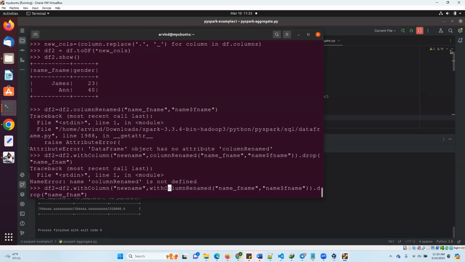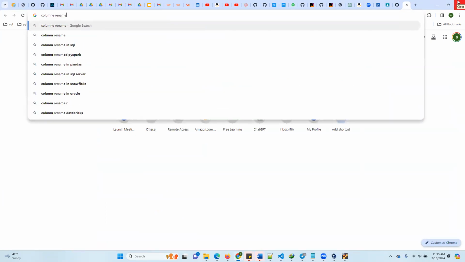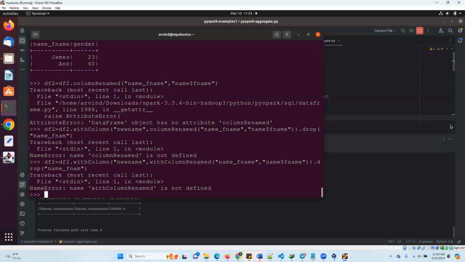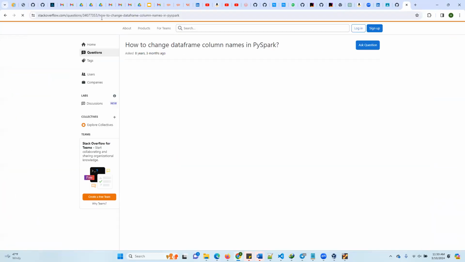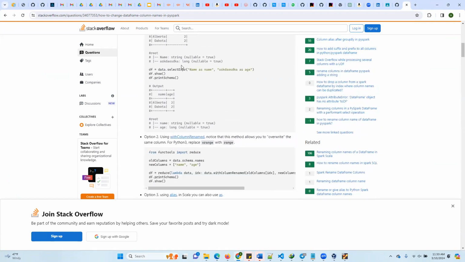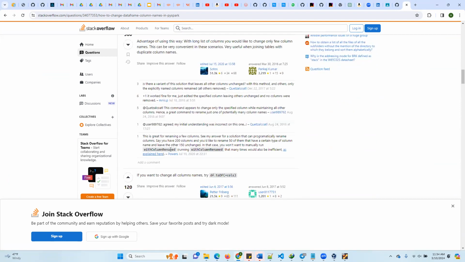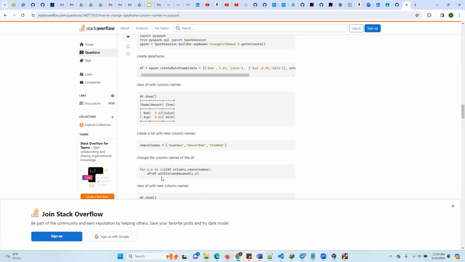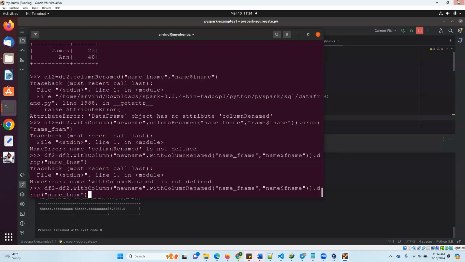I think with column rename, df2 dot with column something column renamed. Yeah, I wrote the same, right? With column renamed, with column. Data frame also having, not data frame dot with column renamed. Data frame dot, yeah, it's there, right? This is the old column. So if you want to,